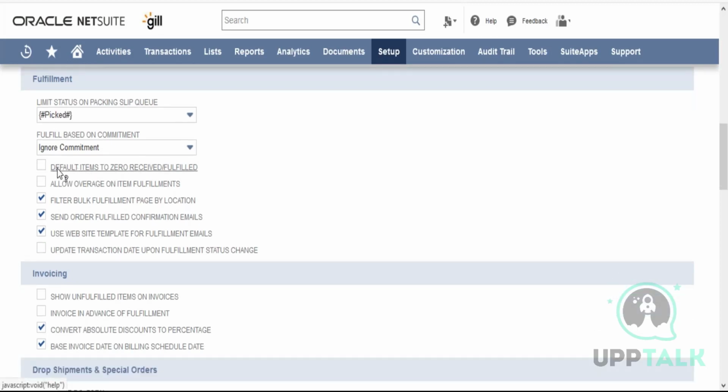So whether you want to default items to 0 received or fulfilled, so whenever you do the fulfillment, whether it should be defaulted to 0 or not. Allow overage on item fulfillments. Any idea what you mean by that? What is an overage? Going above the